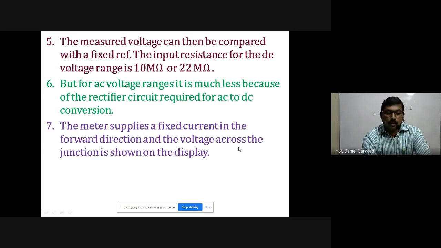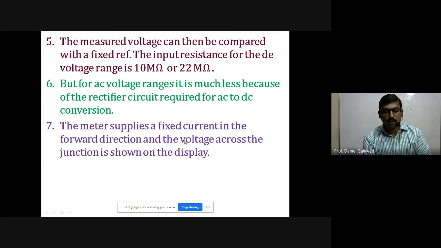So according to forward bias and reverse bias, with the help of voltage, we can check the working of an ordinary diode here. And the same working is useful for the testing of a transistor, that is PNP or NPN. So we already know the transistor has 3 terminals, emitter, base, collector, and there are 2 junctions, that is junction 1 between emitter and base and second junction between base and collector. And accordingly, we have the testing of 2 junctions.